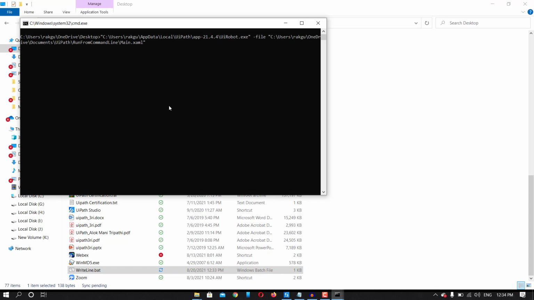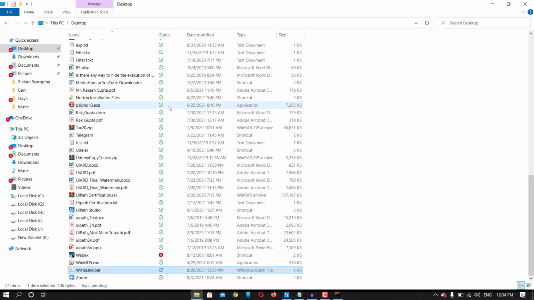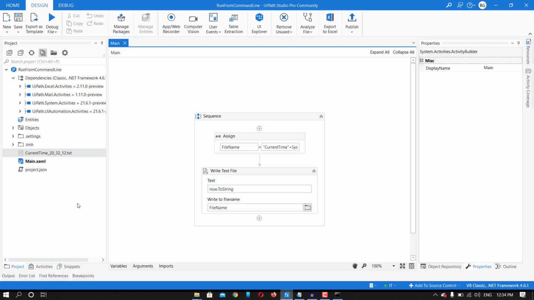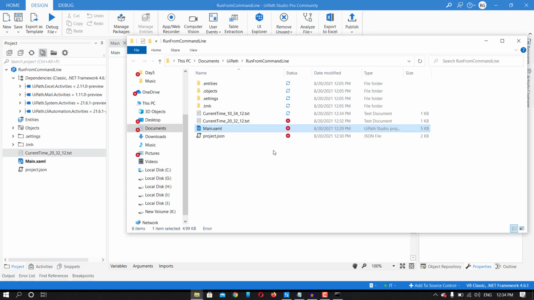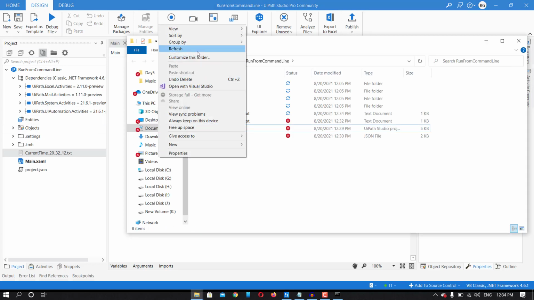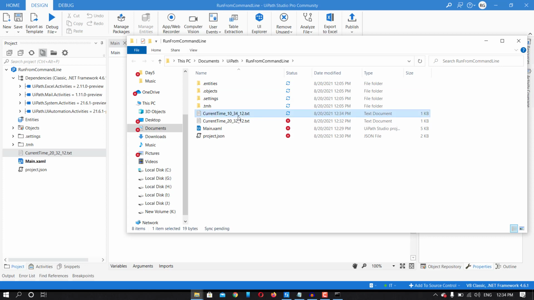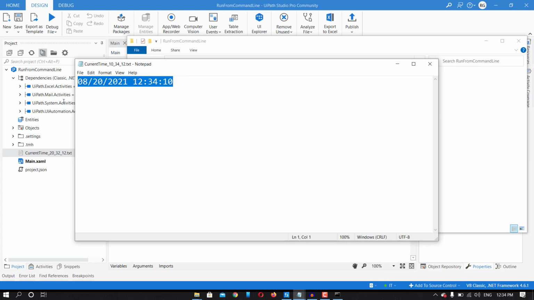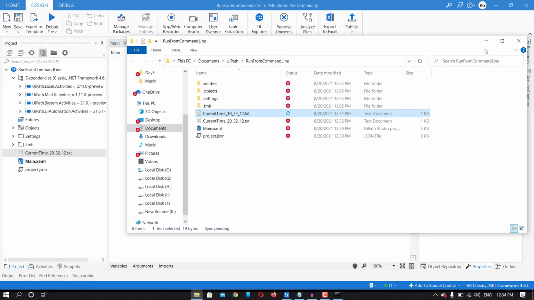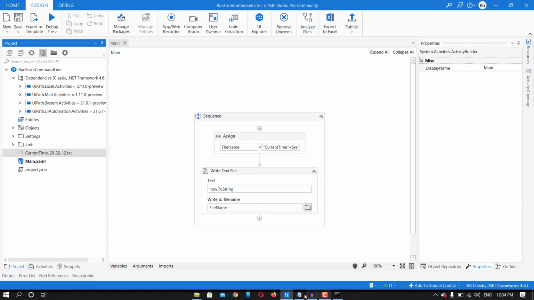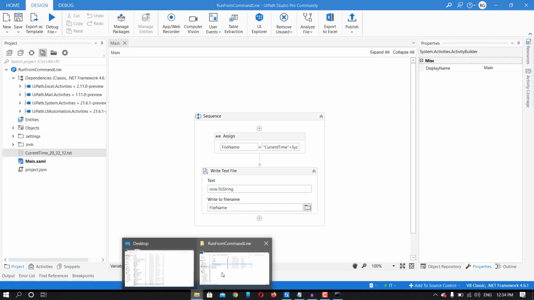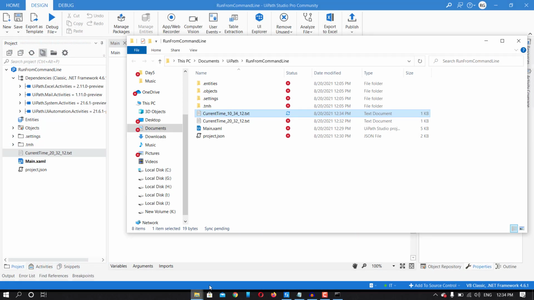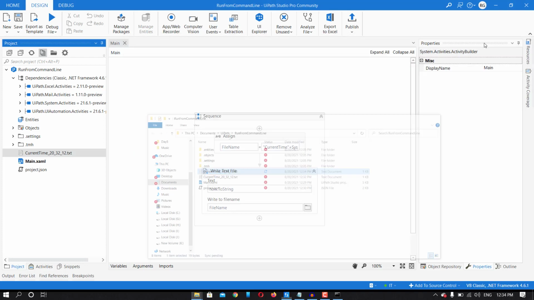It has started the execution, and now if I go to this folder, you can see it has just created this file 34, you can match the time, and it has written here current date and time, right? So in this way we can create a bat file, and that bat file will execute the job for us.